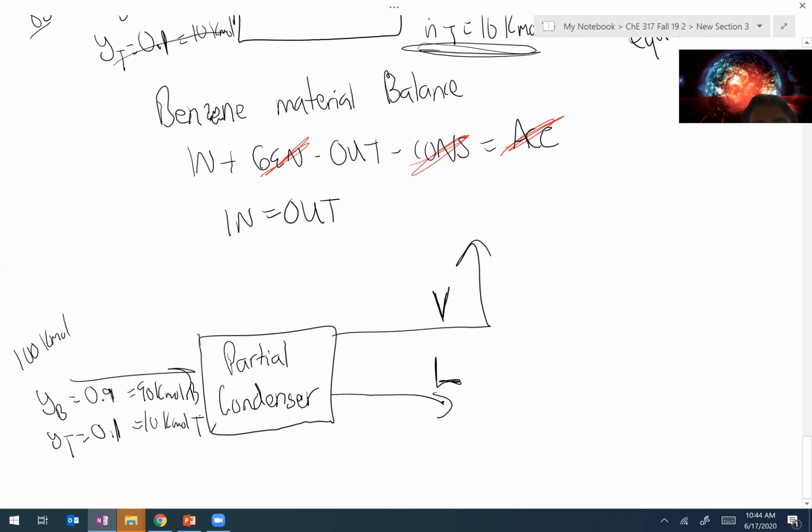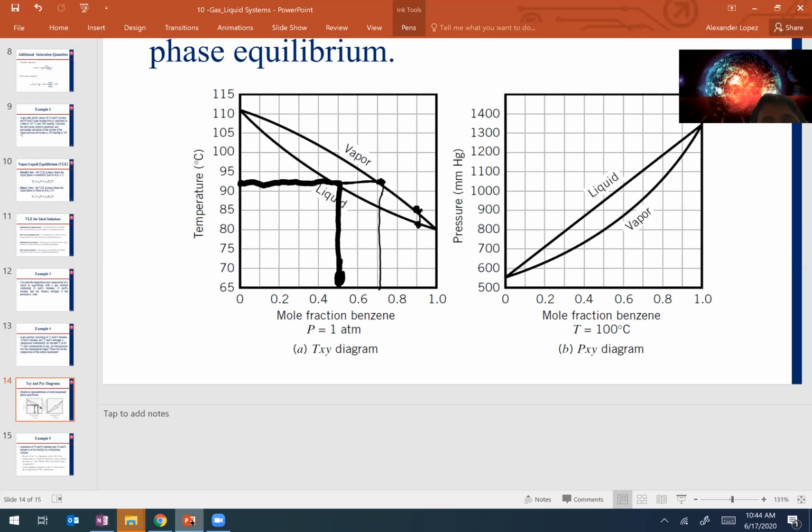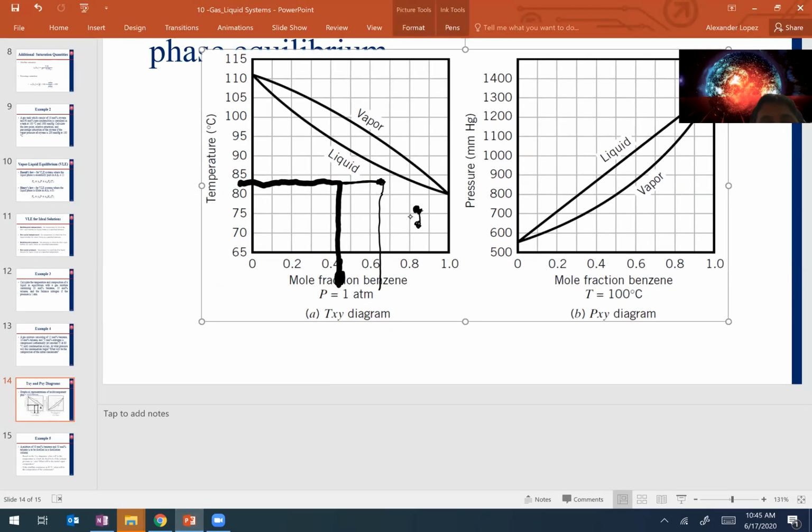And in this case, I'm going to be looking more closely at that vapor-liquid equilibrium to figure out what's the mole fractions of benzene and toluene in the vapor versus the benzene and toluene in the liquid. And so for a partial condenser, you can look at,